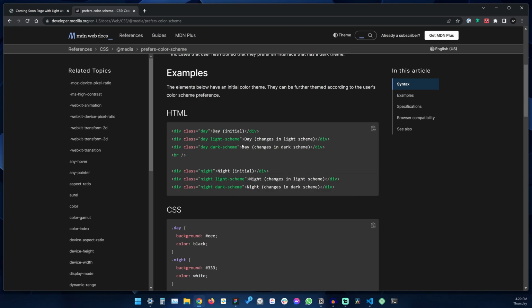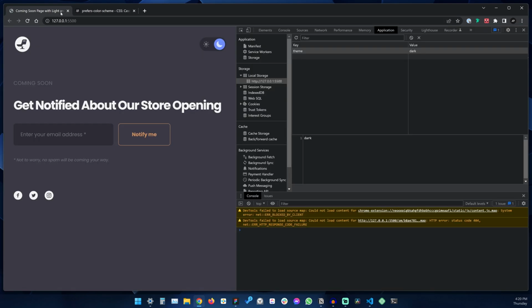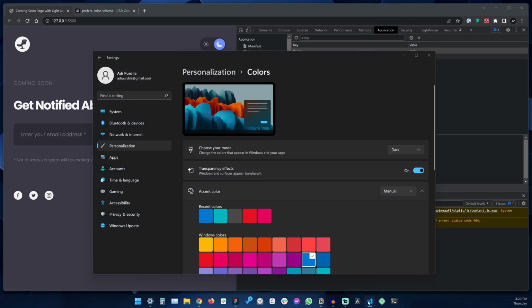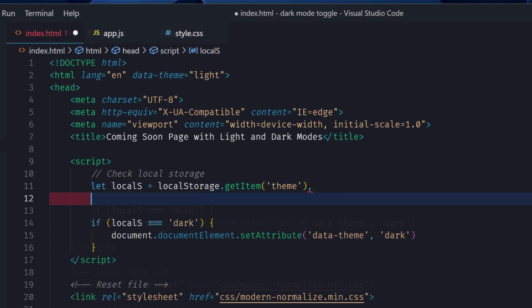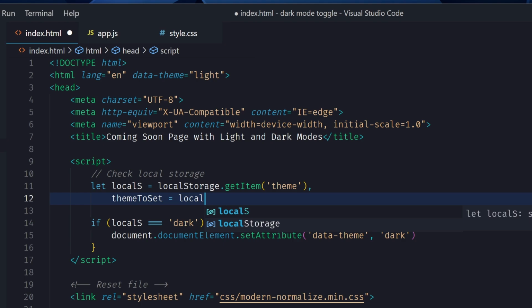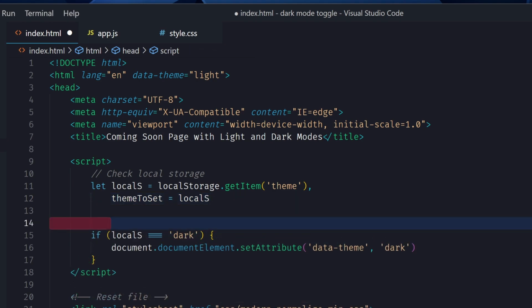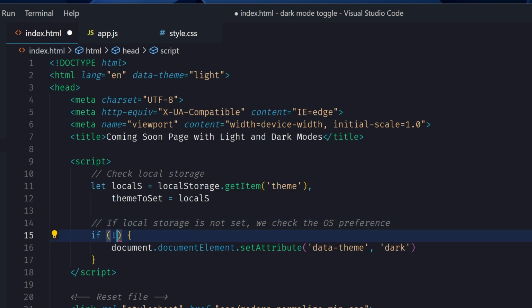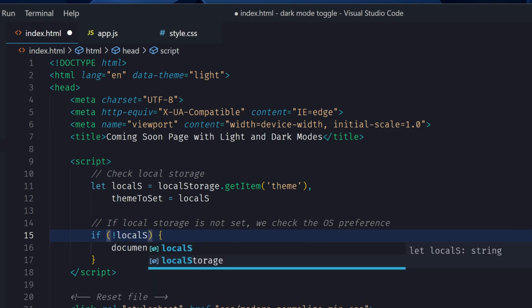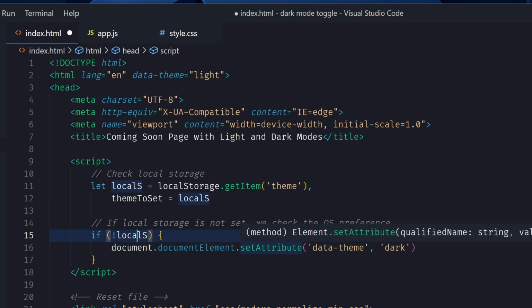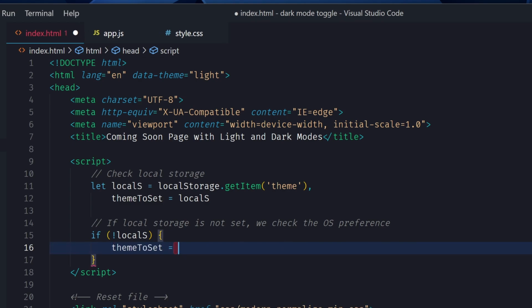But we want to do this from JavaScript, and that's actually possible. So here's how we do it. First, let's go right here, and we'll create a new variable. We'll call it themeToSet, and by default, we'll set it to localStorage. And then we'll do the following check. If local storage is not set, we check the OS preference. So if we don't have anything set in the local storage, then we do the following: themeToSet will be equal to